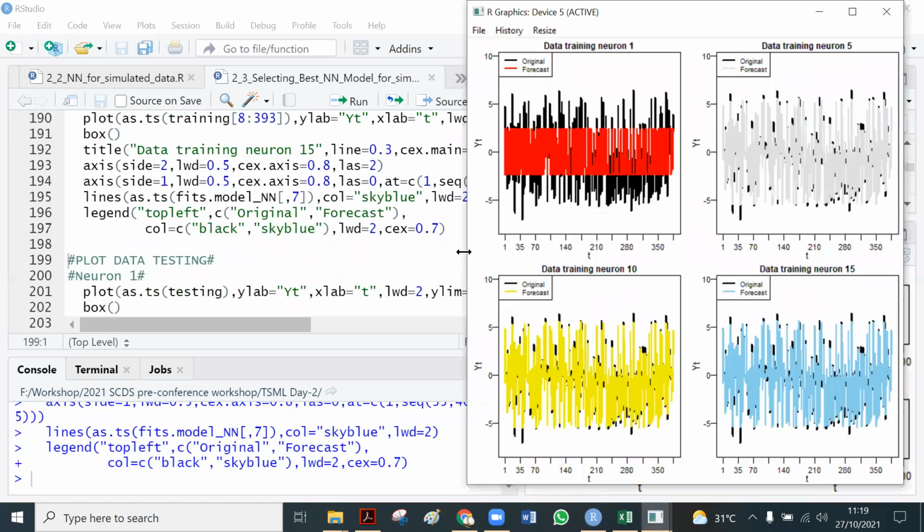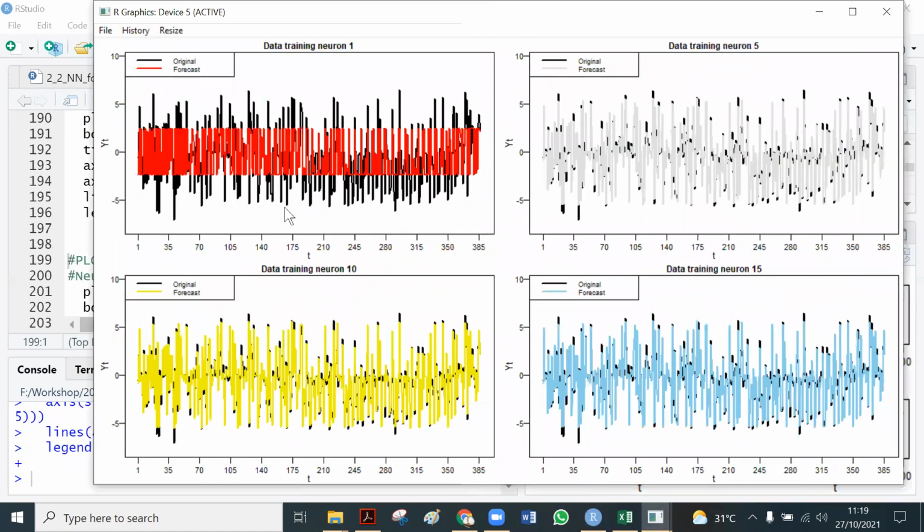So it will be like this. We see the forecasted value produced from the neural network with only one neuron, it produces the forecasted value like the red color line. If we use a number of neurons 5, we have, I'm sorry, the color should be changed to make it visible, but doesn't matter, we can do it later.